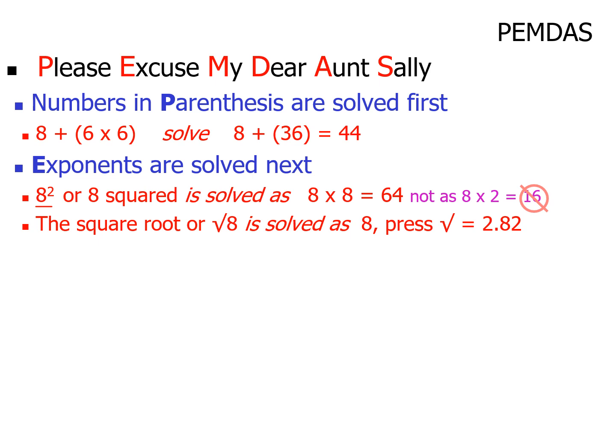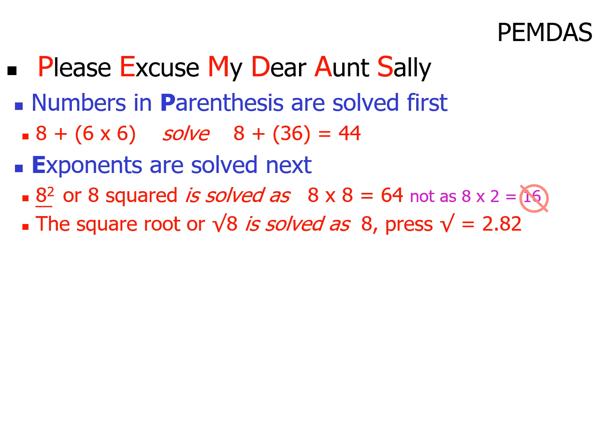Now, the square root of a number is just the opposite of that. If I told you that you had 8 square feet of area, and I want to know what one side of the square is, all you have to do is push the 8 on your calculator and then press the square root key. The square root key will unsquare the number. So what number times itself equals 8? Once we do that, it tells me that's 2.828. 2.828 times 2.828 is 8. So that would be one side of the square.